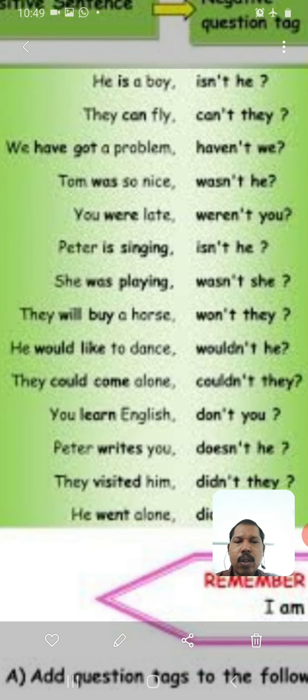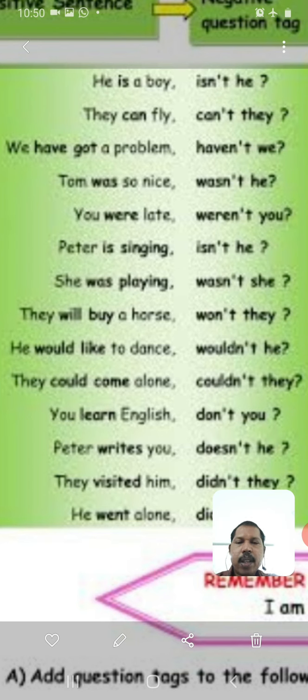So we can call it don't you. I repeat, you learn English. There is no helping verb here, no auxiliary verb or be verb. So we have to find one helping verb from the main verb, learn. So learn should be separated into do plus learn, because it is simple present tense. We have to use do or does. If you is the subject, then we use the do form. Only for he, she, it or an equivalent proper noun do we use the does form. For all others we use do for simple present.